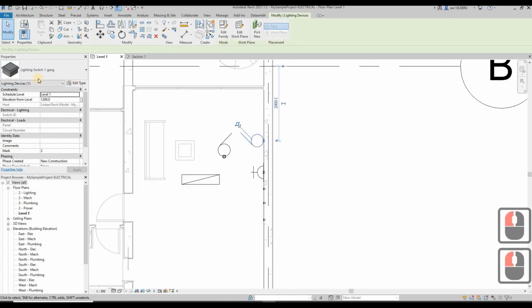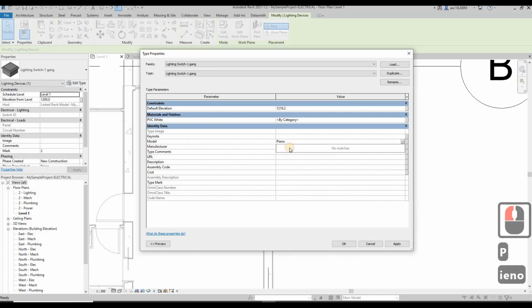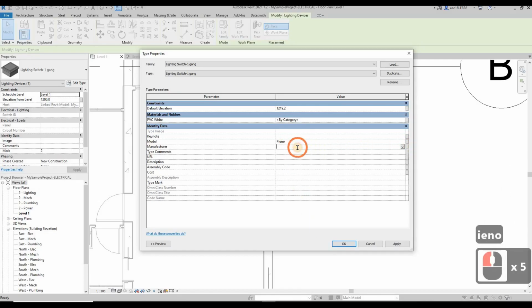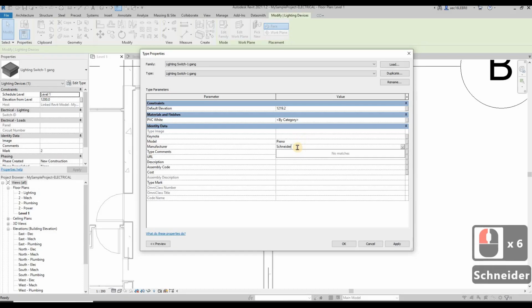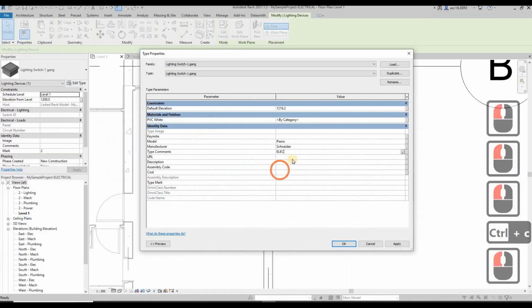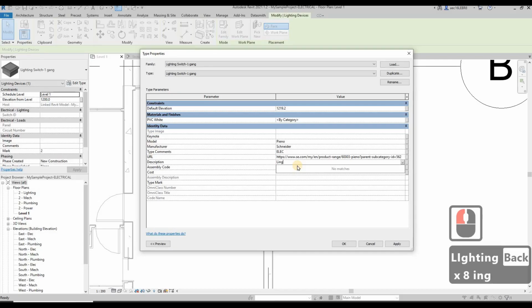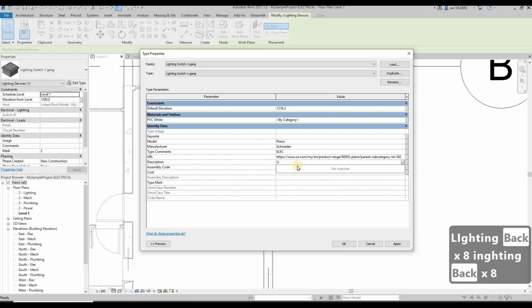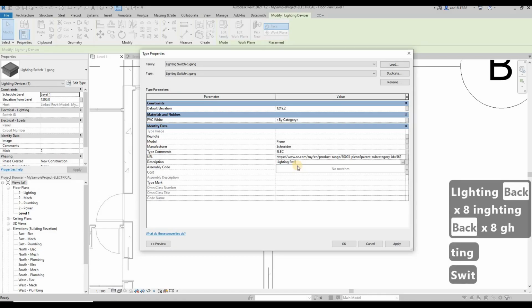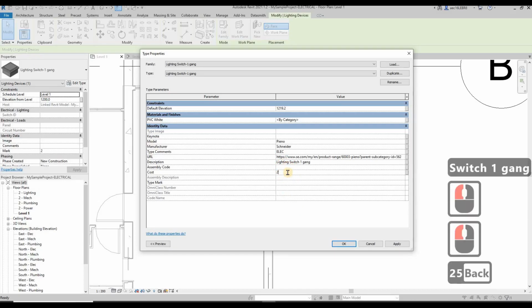Similarly, you can also fill in your lighting switch here, or you can fill in from here, edit type, model is piano, manufacturer is Schneider, type comment is electrical, URL is this one, description is lighting, one gang, cost 25, 20. Okay,